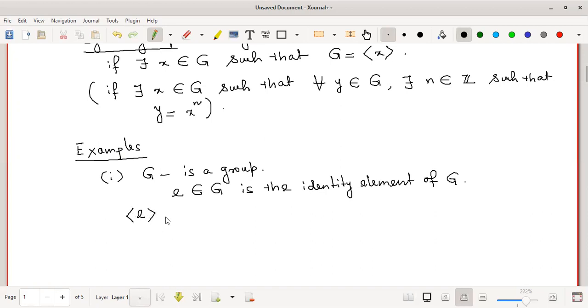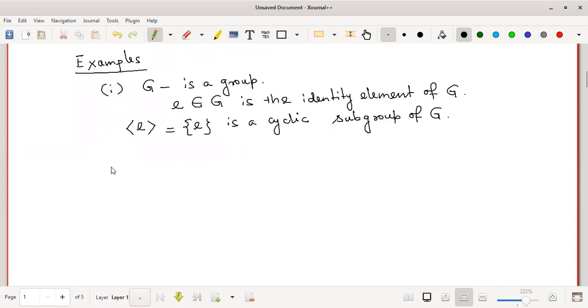The group generated by the identity element is actually this, right? So this is a cyclic subgroup of G. In fact, you choose any element, for every x belongs to G, the subgroup generated by x is a